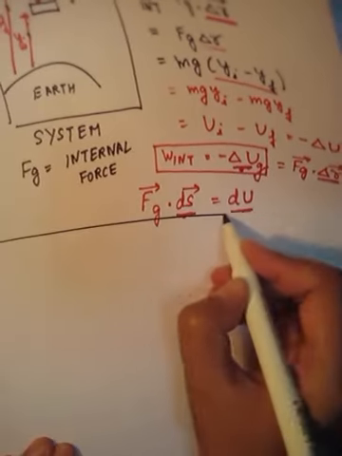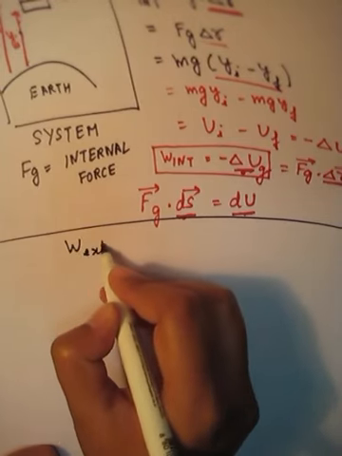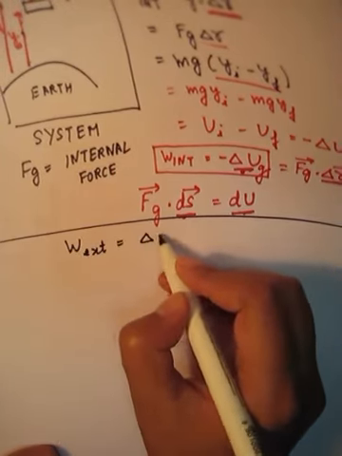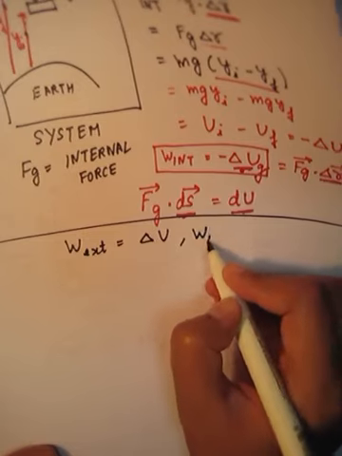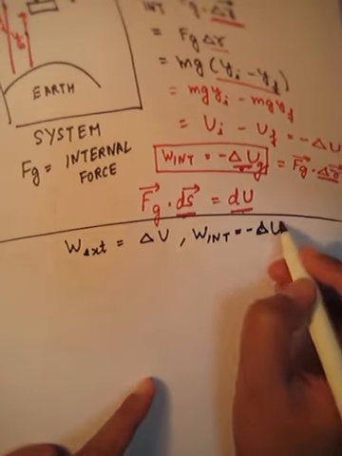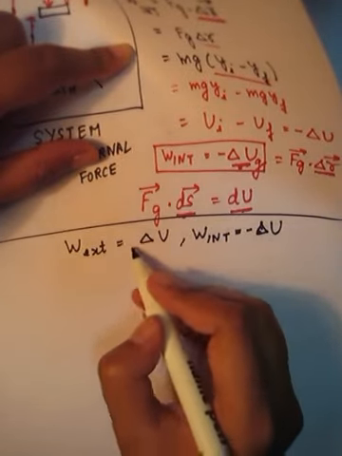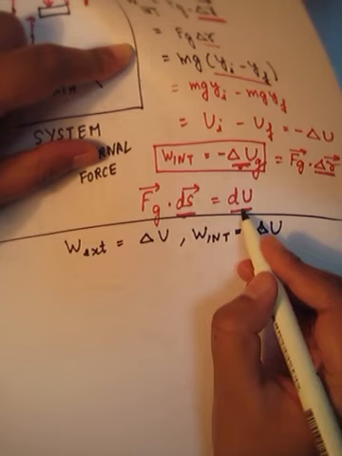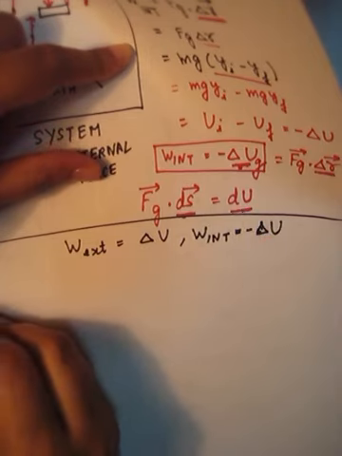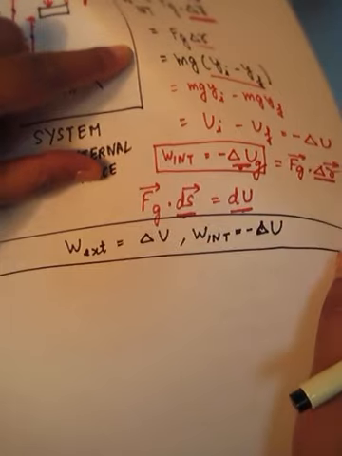Now, what we take from here is that the work done by external force is equal to delta U, and work done by the internal force is equal to minus delta U. Okay. Now this delta U depends. If we are taking a derivative, then we'll have to take a dU. So now just keep this in mind and forget about all this. And now let's